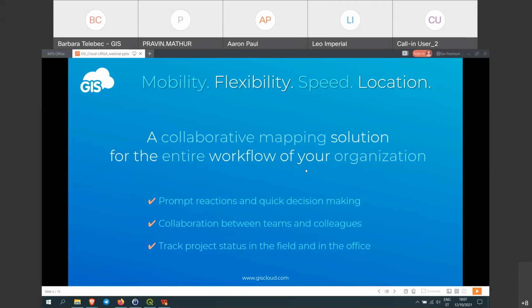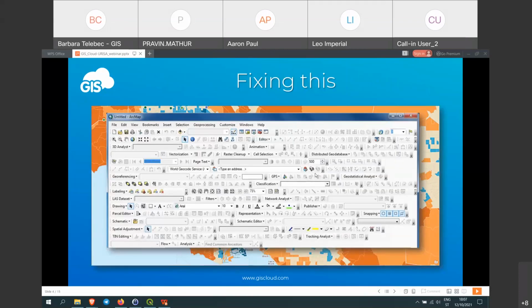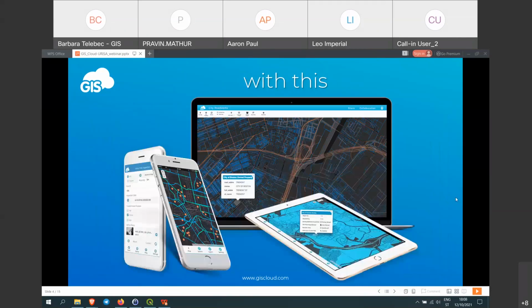So if you've used a GIS system in your life, you've probably then seen this. What our goal with GIS Cloud when we first made it, more than a decade ago, was to fix this, where you're kind of just lost with all of the tools that you have, with something as simple as this. So we've created a cloud platform for collaborative mapping. And of course,